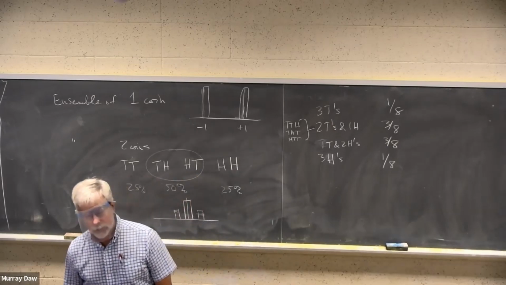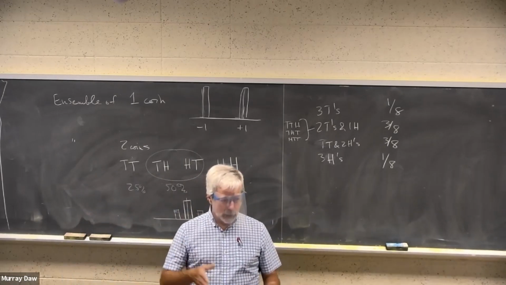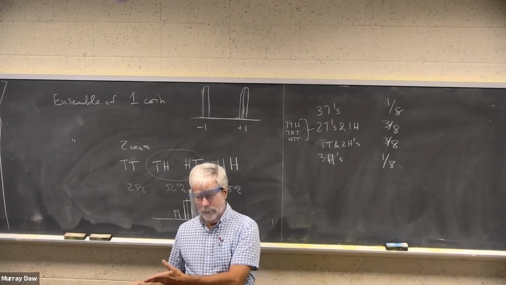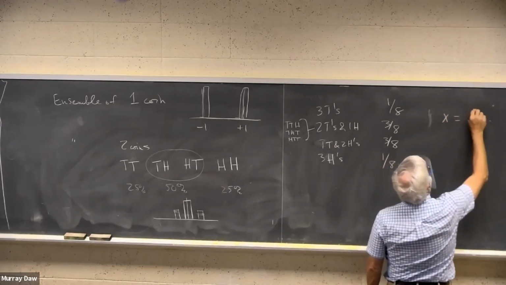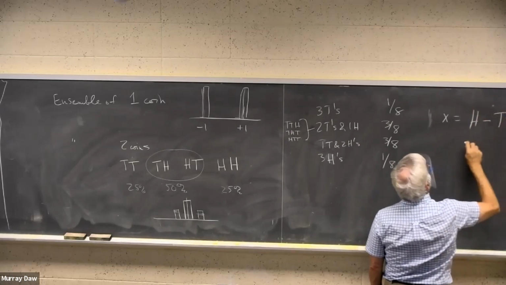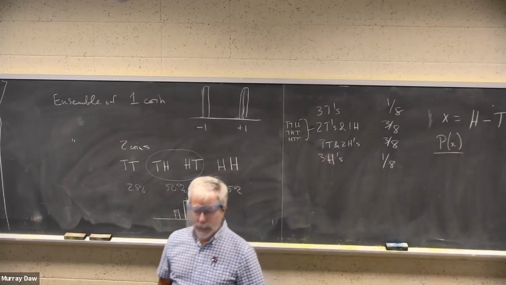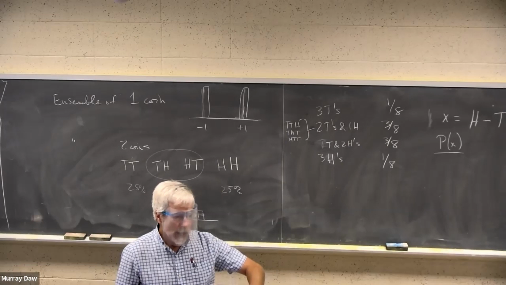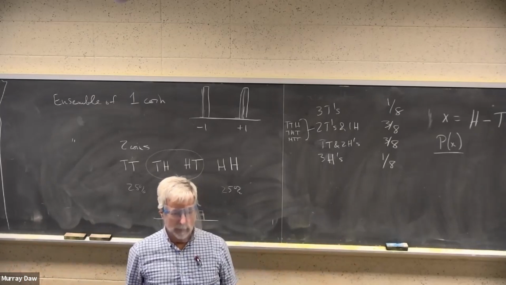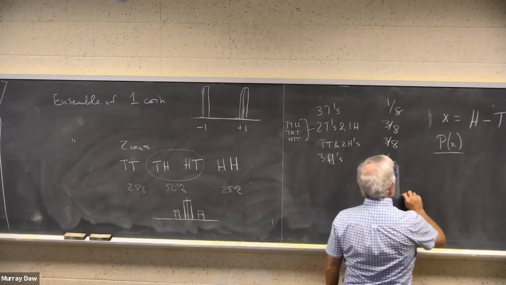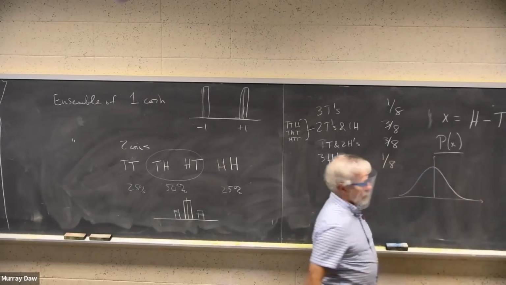Well, if head's a step to the right, tail is a step to the left, then that's going to be the net displacement from where you started. It's going to be the number of heads minus the number of tails. So x is equal to the number of heads minus the number of tails. And what we want to find out is the probability, which means everybody reports in where he stopped relative to 0. We make a big histogram. 300 million samples. And it'll look like this. It'll get closer and closer to what's called a Gaussian bell curve.